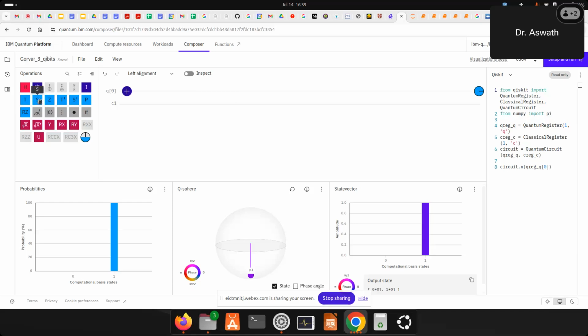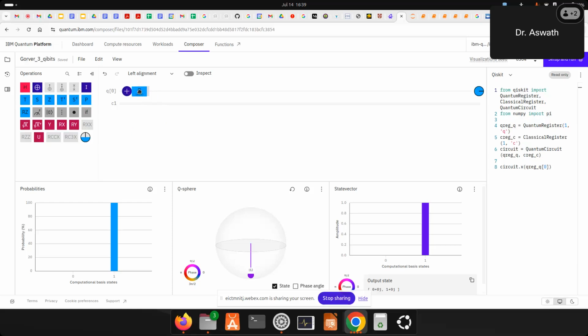So when you take S dagger, I am going to create one more quantum gate, and even T also has a complex number in it. So T dagger is another gate. So these gates belong to one family. And there is a P gate here. There is a phase gate.